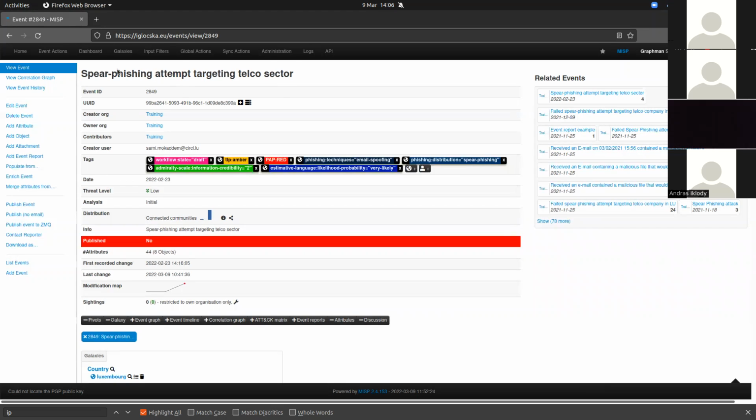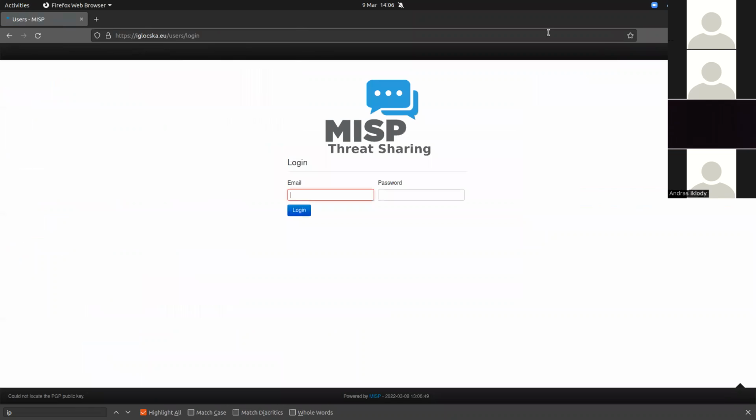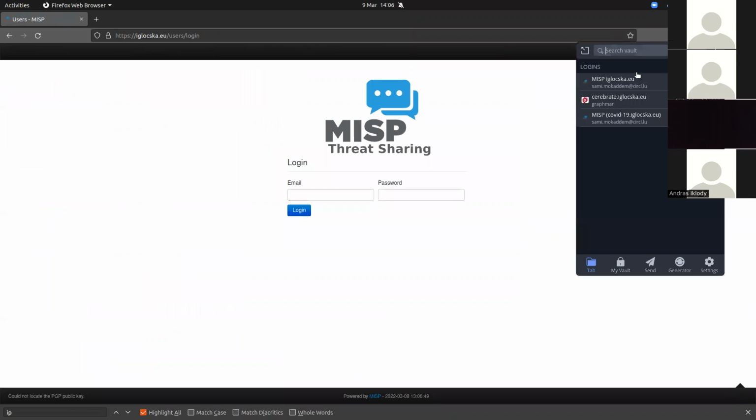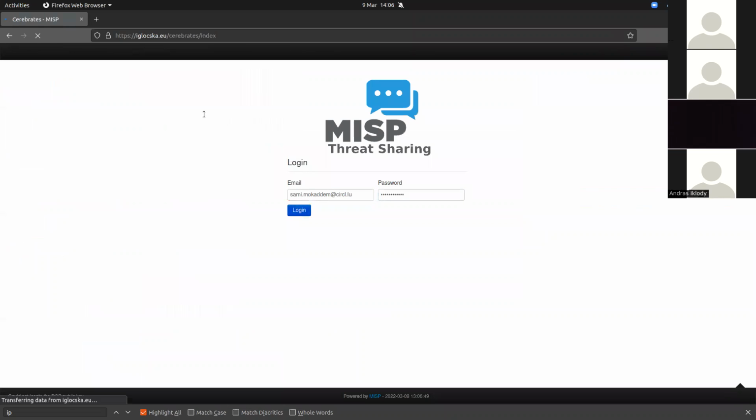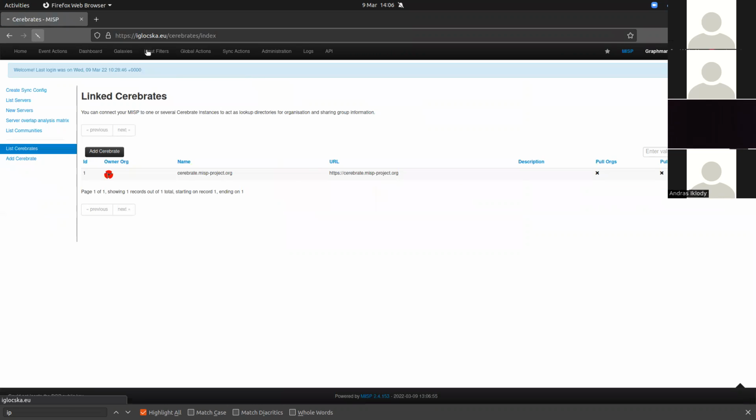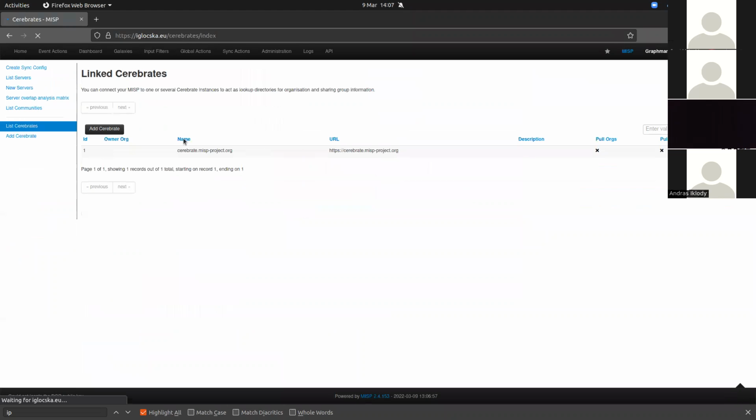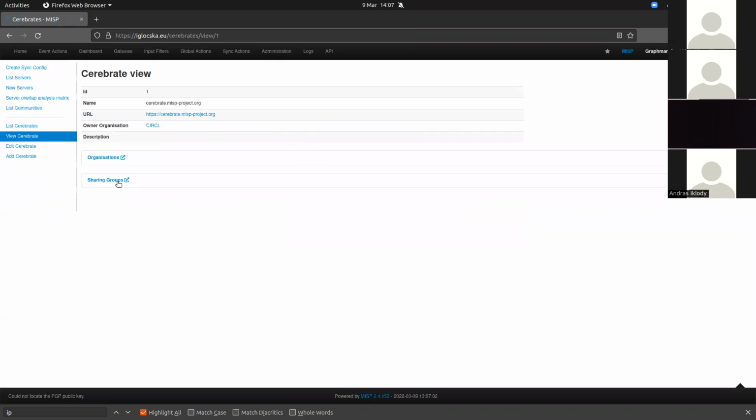So to pull a sharing group from a Cerebrate instance, if you don't know it yet, it's under Sync Action, and then Cerebrate. And of course, I'm logged out. There we go. And so you can see our Cerebrate instance here. And if you explore it, you can view details about the sharing groups. So if you created a sharing group in Cerebrate, it will appear here, and you just have to download it. And once that's done,